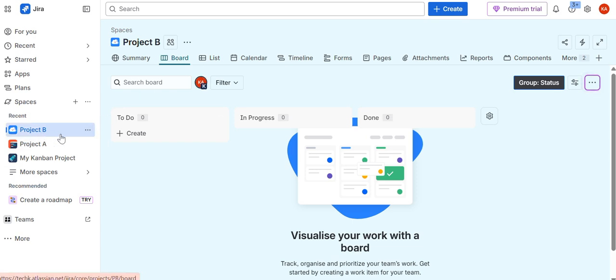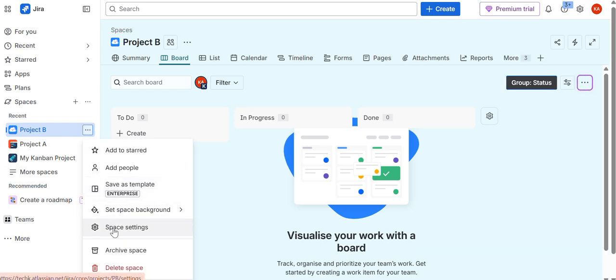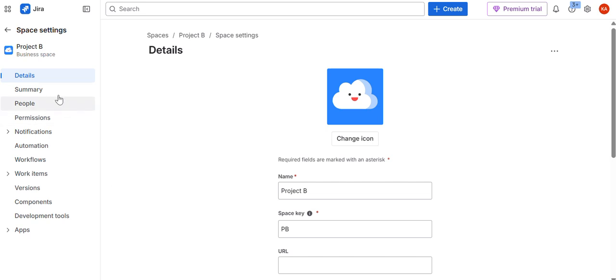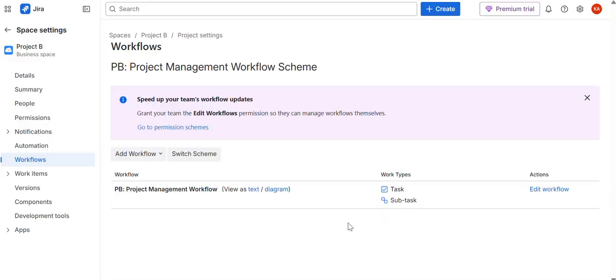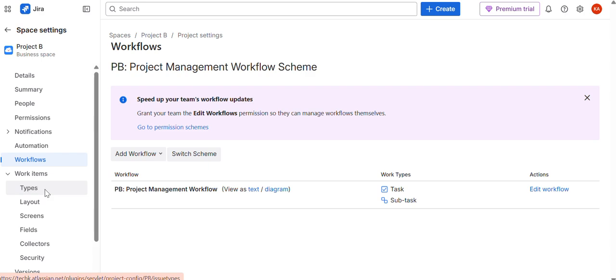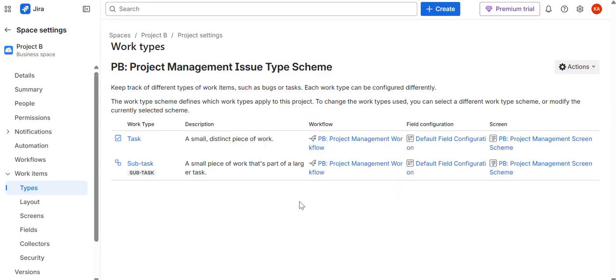So when we go to project B and go to these 3 dots, called the meatball icon, we go to the space settings, and we want to establish a workflow first. I'm going to go for a very simple one. So in workflow we can see there are 2 work types, that is task and subtask. If you want to have something different in the work type like epics or something else, you can just go to the type section and you will see that there are tasks and subtasks,